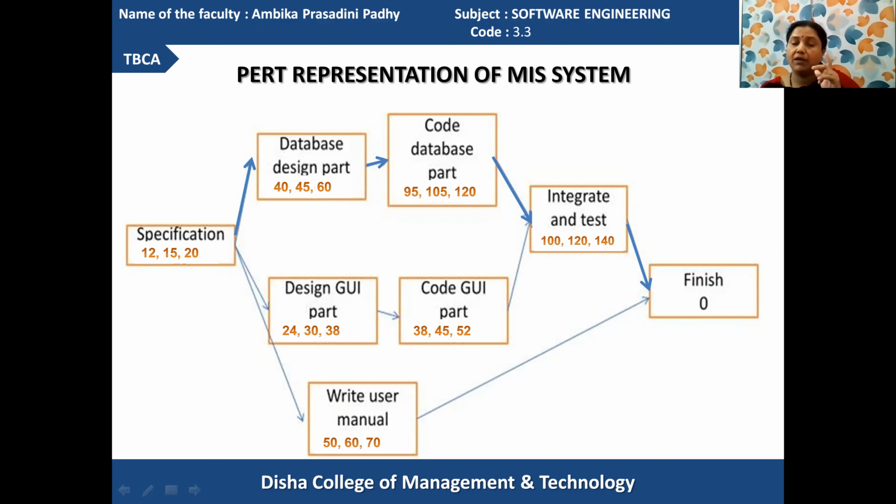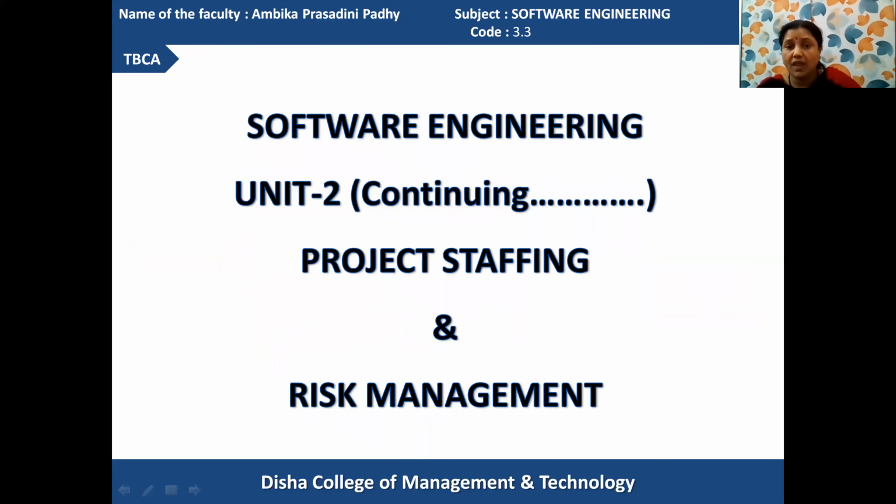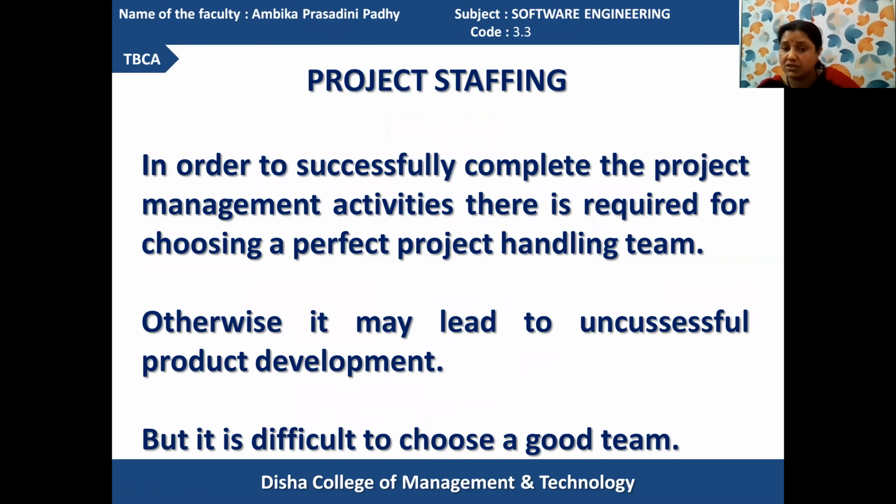Got it? If the total requirement time is 45 and it is supposed to complete its job in 40, then the optimistic value is 40. If it is unable to be conducted within 45 days, then it will require the most pessimistic value, that is 60. Accordingly, each and every task's values can be determined. Got it? Then we have the project staffing actions.